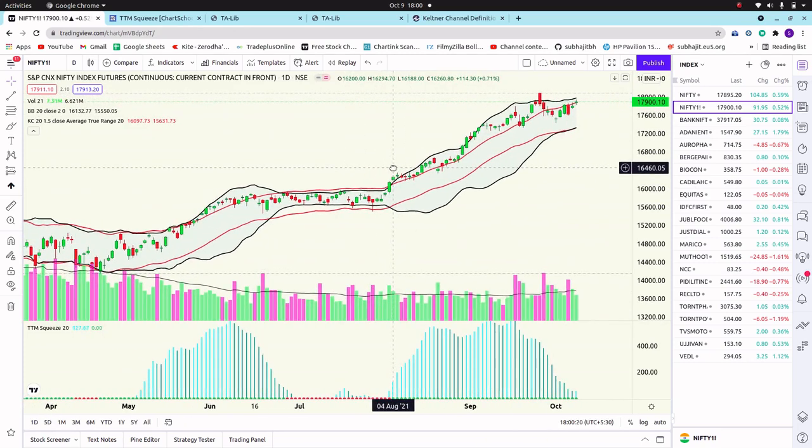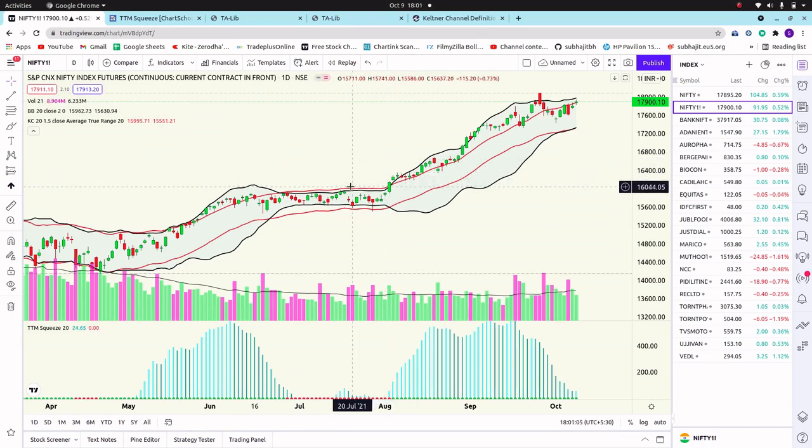So our main objective will be to screen the stocks that are in squeeze for a long time and just give the breakout in the last candle. Let's see how we can find this type of stocks in Python.